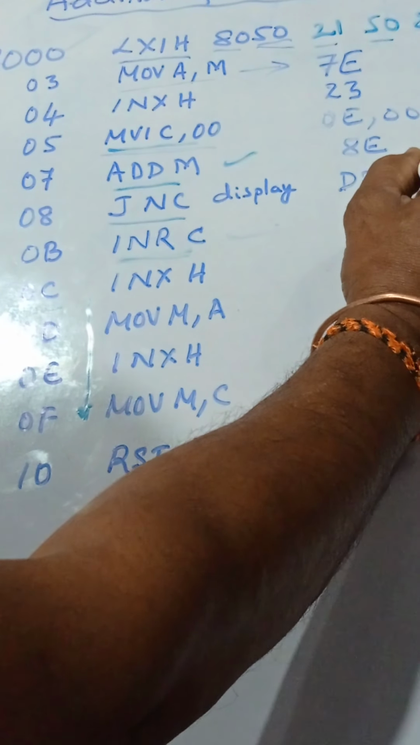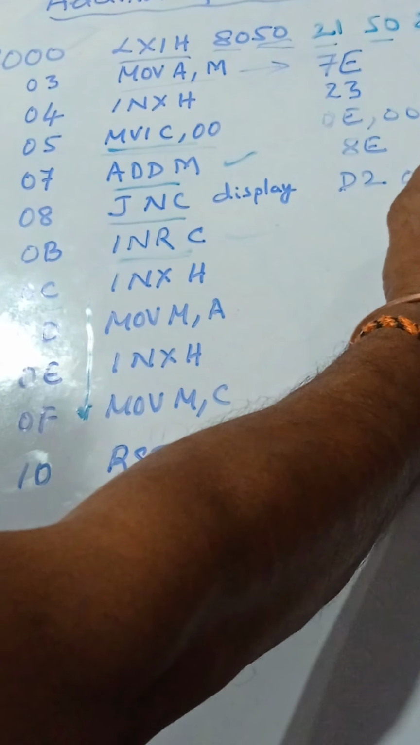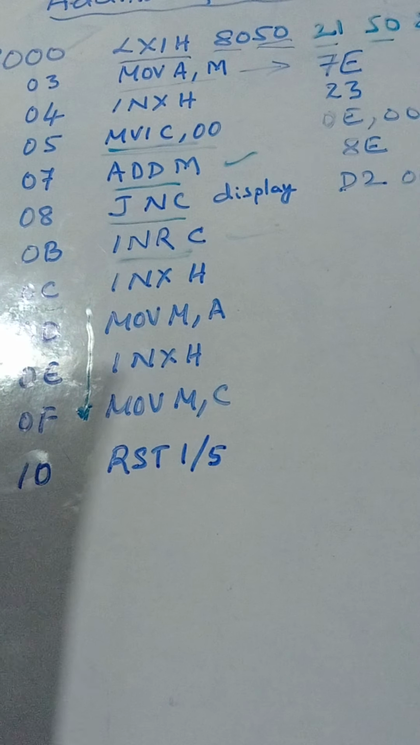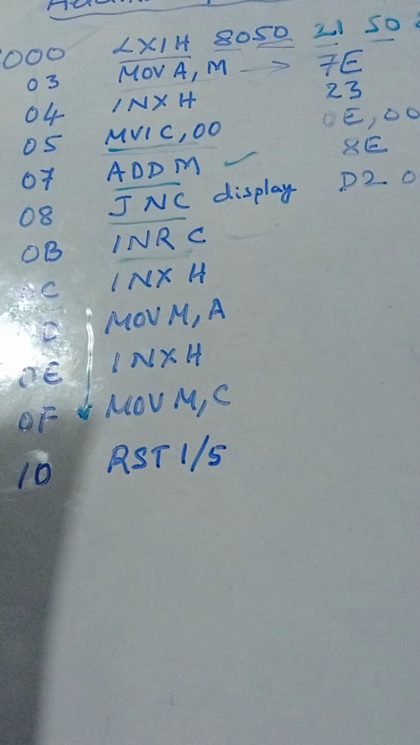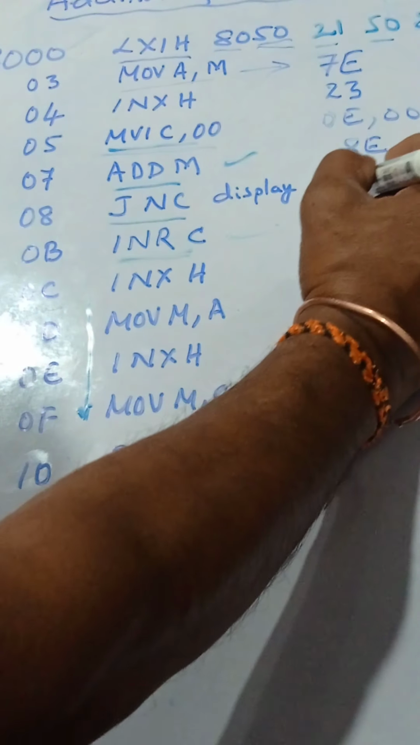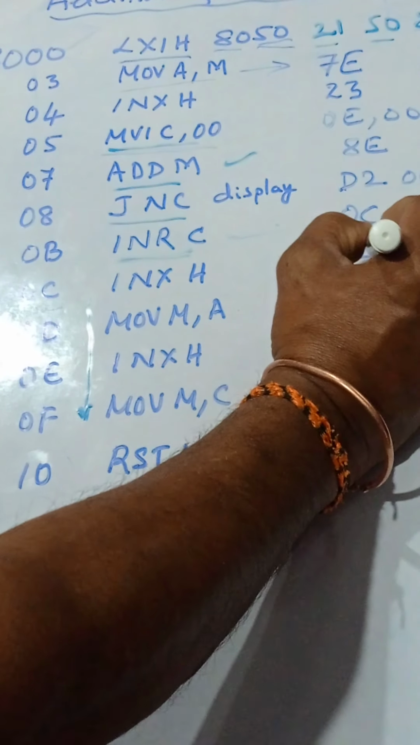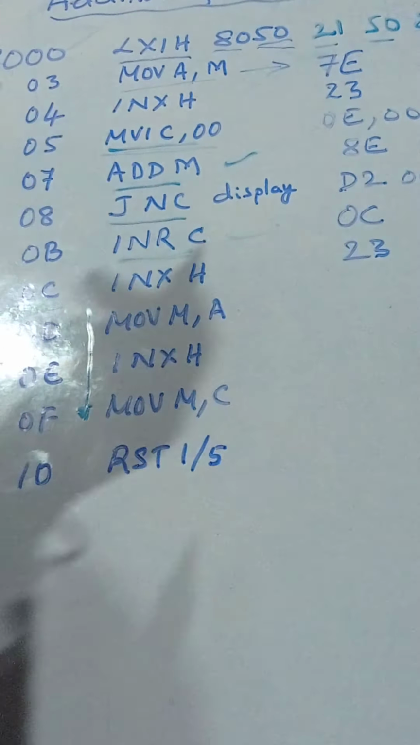Therefore 0C is the lower byte and 80 is the higher byte. So it is a 3-byte instruction. INR C is referenced at 0C. The code corresponding to that is 0C. INX H is 23. MOV M, A